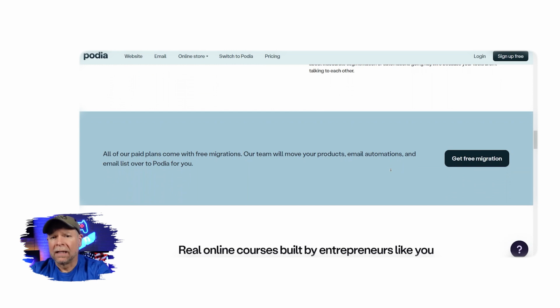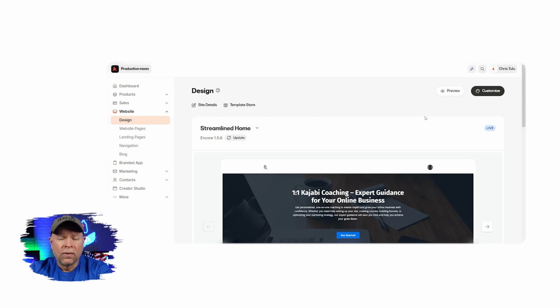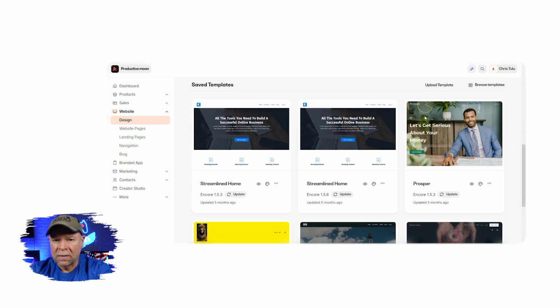Next, we have the website and landing pages. Kajabi really shines here. It offers stunning, high-converting templates for websites and landing pages. Whether you're promoting a course, a webinar, or a membership, you can easily create pages that not only look great, but also perform well. The drag and drop editor is intuitive, and you have full control over your site's design